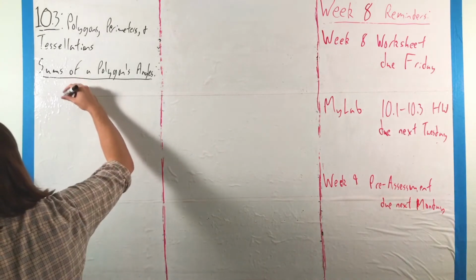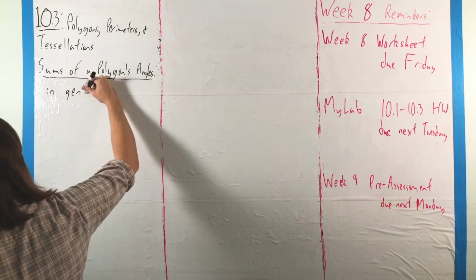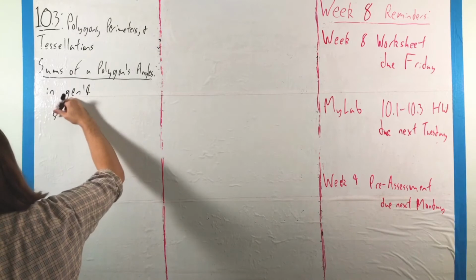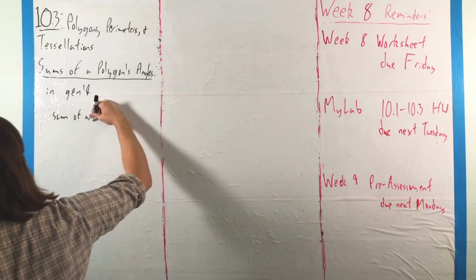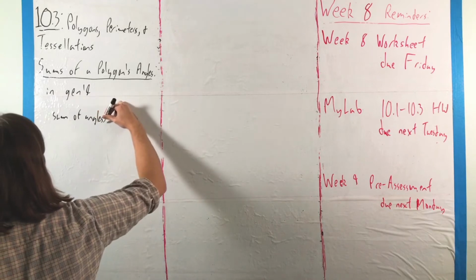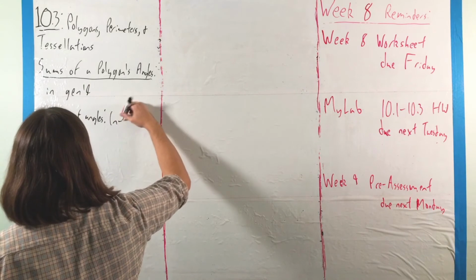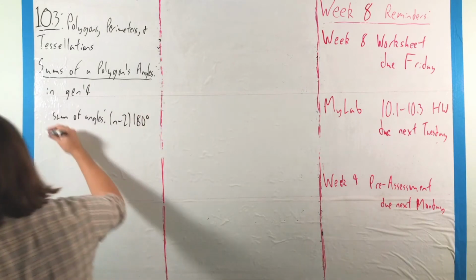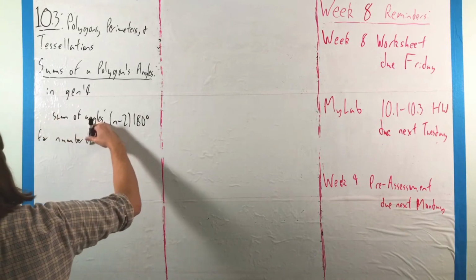So we are going to say that in general, the sum of a polygon's angles is going to be n minus 2 times 180 degrees for number of sides n,